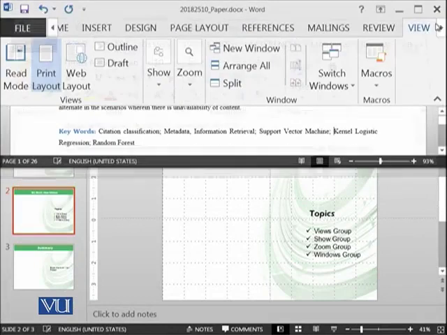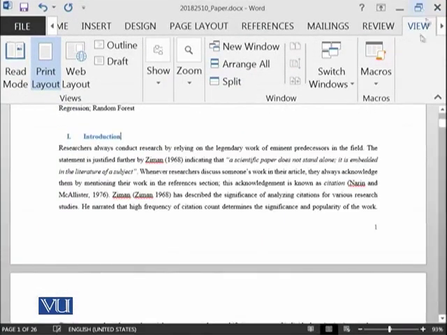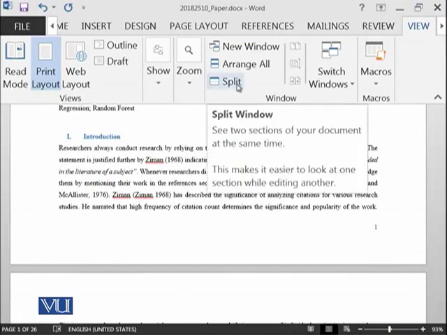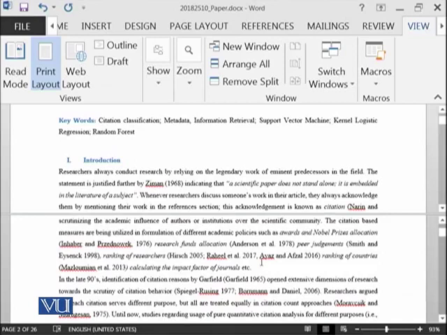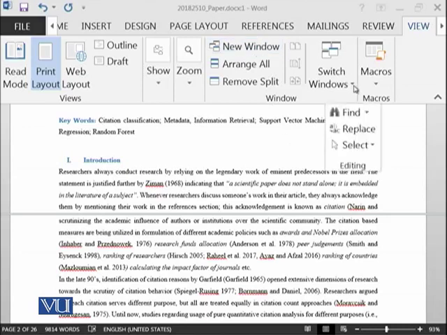And I can turn on the Split option, which means that the same document will be shown twice. You can see over here and you can make changes over here. And if multiple windows are shown, you can switch to those windows wherever you want. For example, if I remove Split first,